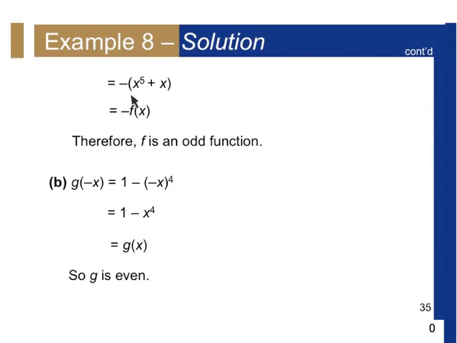So minus x to the 5th minus x is the same as minus, x to the 5th plus x in parentheses. So we can see it's minus f of x. So we say f is an odd function. Okay,